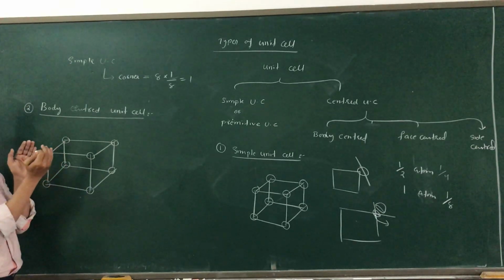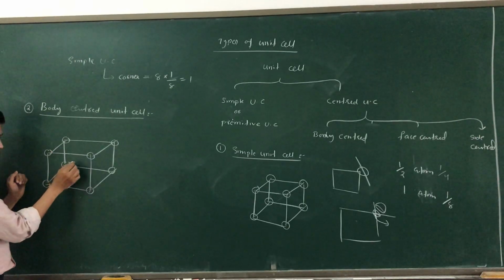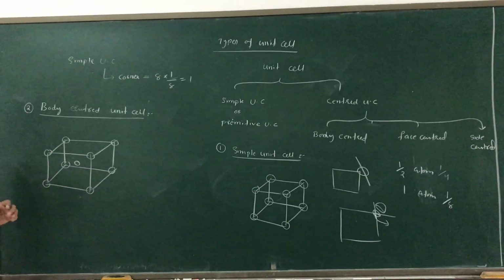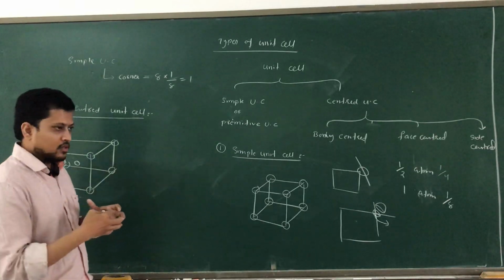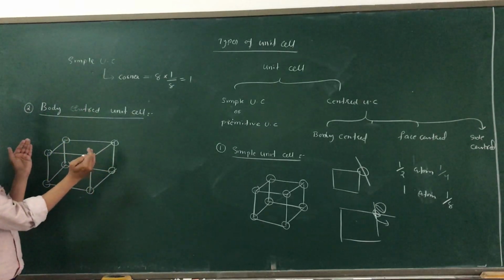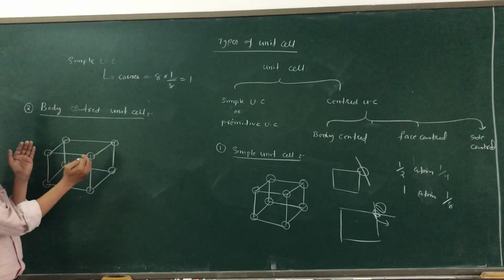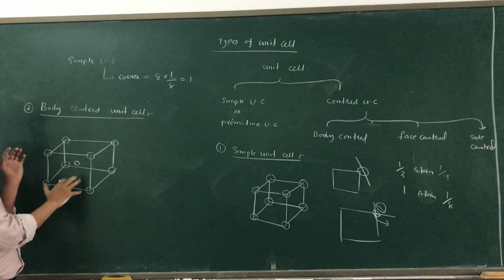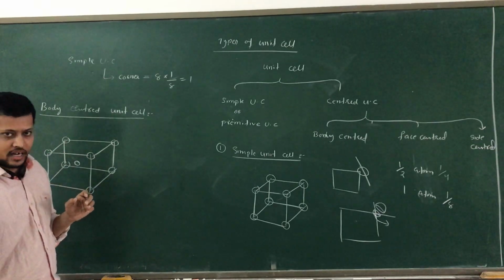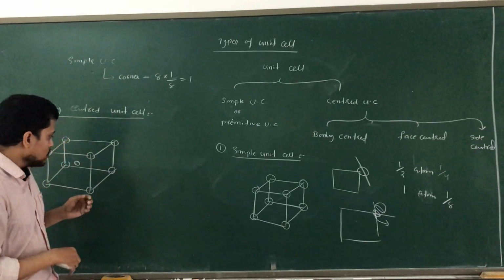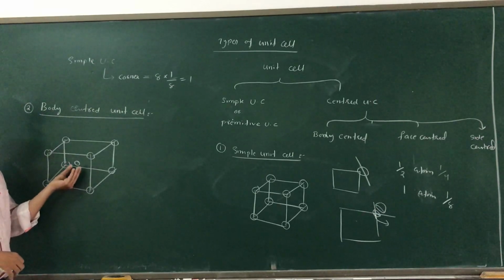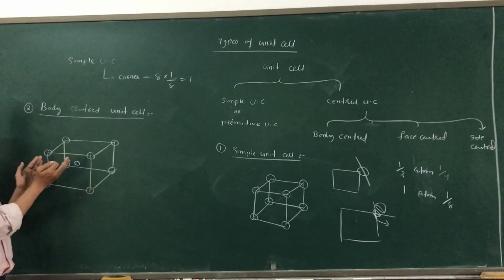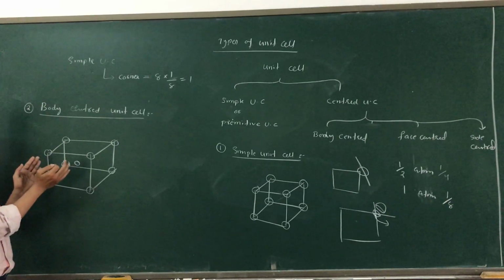Suppose a box we have, a cubic box we have. Inside that box we have 1 atom. Like we are having one room where the height, length and width of the room is same, and in the corner we have 8 atoms, and at the center we have 1 atom. So now if you see total, in the corner we have 8, so total atom belongs to this particular body center unit cell, how many we have?